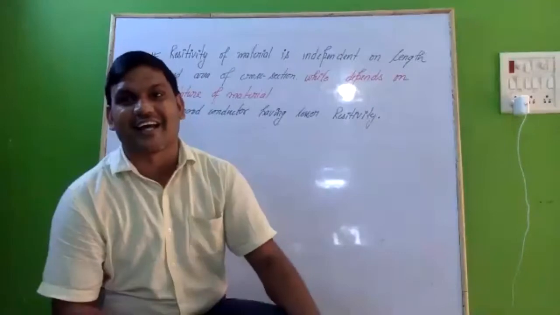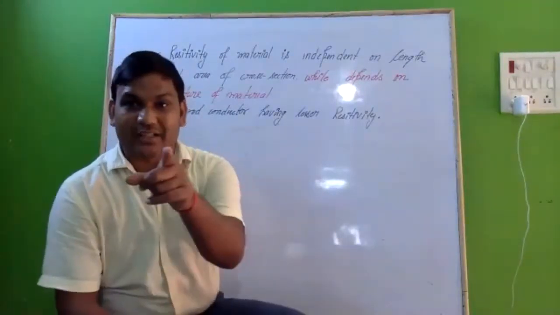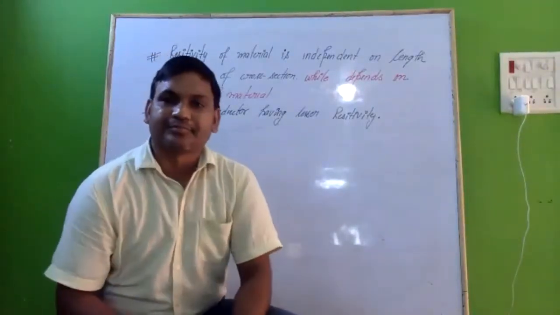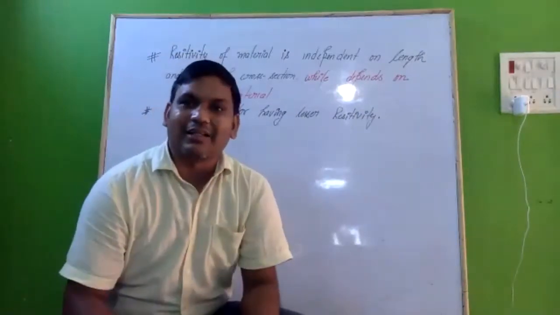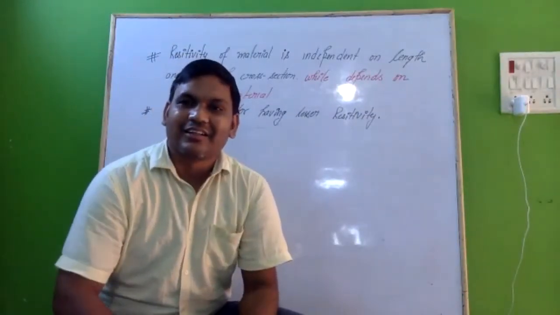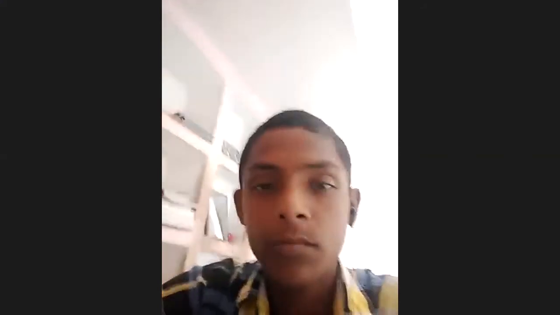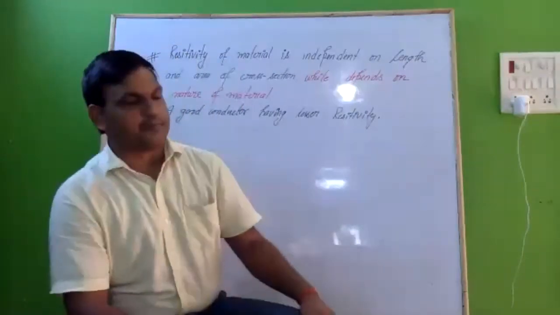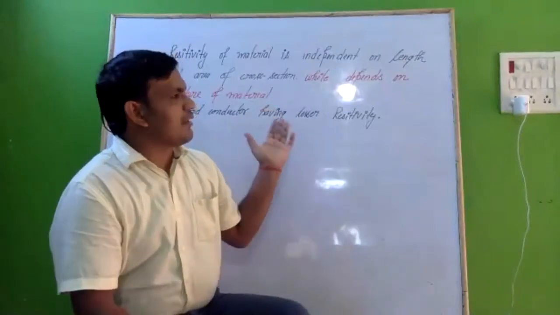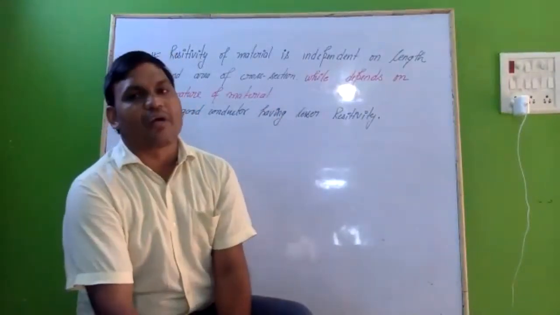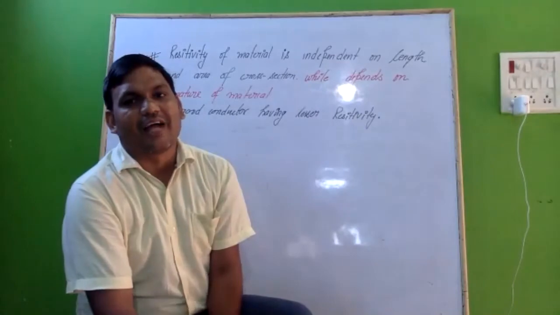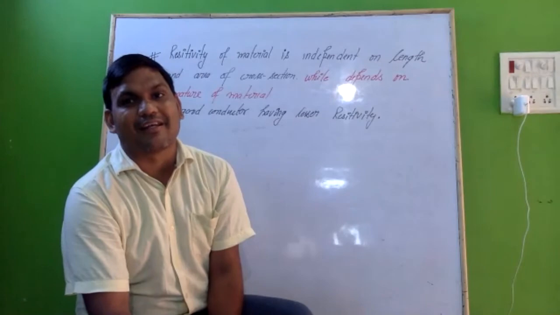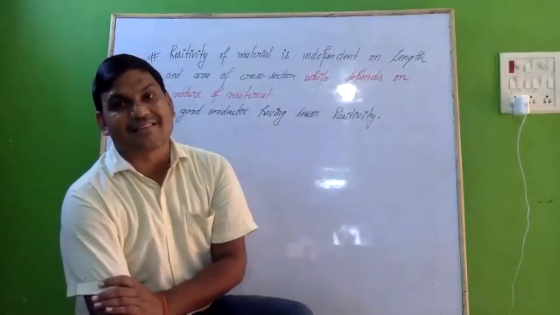And one more reason is there. That's a quite perfect reason. You know about the periodic table? Yes, sir. Whether it is aluminum or copper, which has a lower atomic number or lower atomic mass? Aluminum having a lower atomic mass, sir. Only 27. Yes, aluminium, only 27. But copper has a greater atomic mass than aluminum.